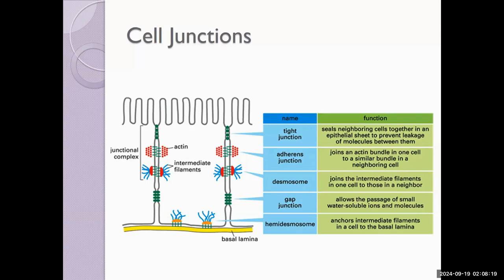Adherens junctions have thin actin attachments. Desmosomes have thicker actin attachments, and they allow these cells to bind and adhere. Gap junctions have holes, which allows for the passage of material. And hemidesmosomes, think like a hemi-engine. These are really strong intermediate filaments. They allow the tissues to attach to the base, the basal lamina, to build upward and create three-dimensional structure.